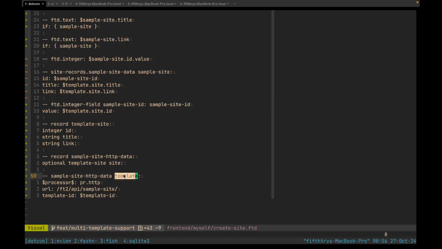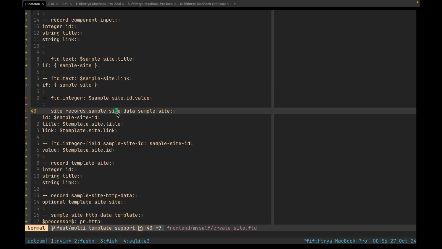So this is template, not a nullable, not an optional, which is great. So I can access this guy. I cannot access site, which I mean I can access site, but it could be nullable. Now the thing I want from here is what I was actually